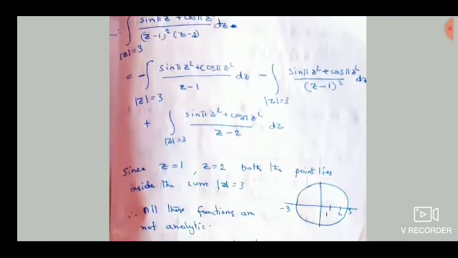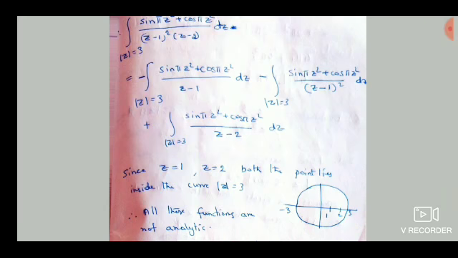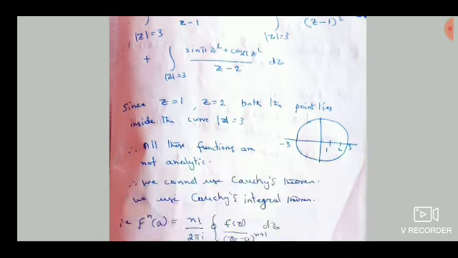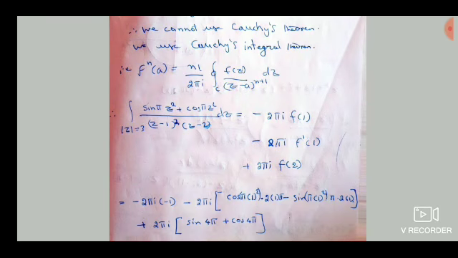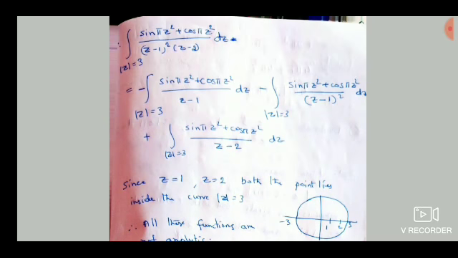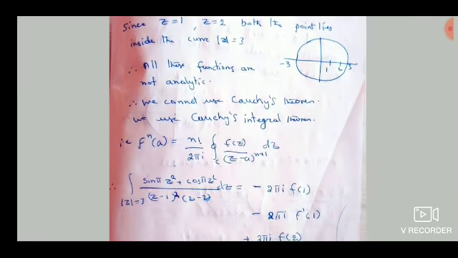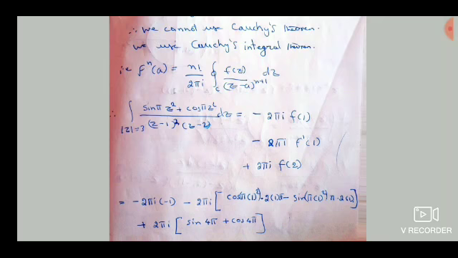So what is the differentiation of sin pi z square? It is cos pi z square into pi, we are using chain rule, and differentiation of z square, that is 2z, and instead of z I substituted 1 here, right? Wherever z is 1 I substituted. What is the differentiation of cos pi z square? Differentiation of cos is minus sin, so minus sin pi z square into pi, using chain rule, and differentiation of z square, that is 2z, and wherever z is there, I substituted 1.